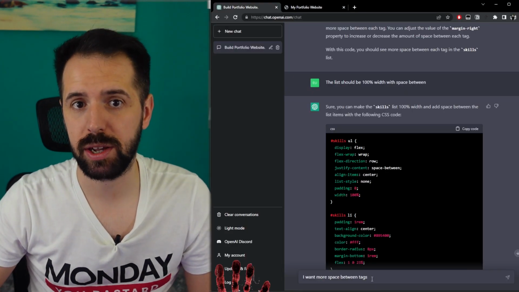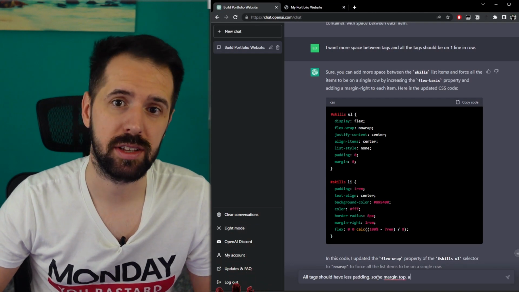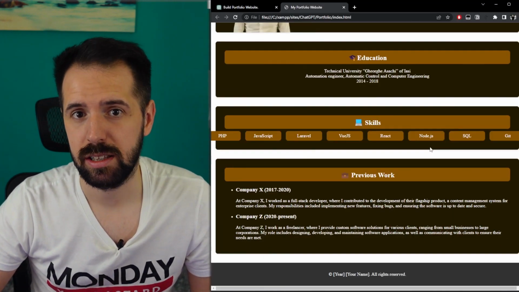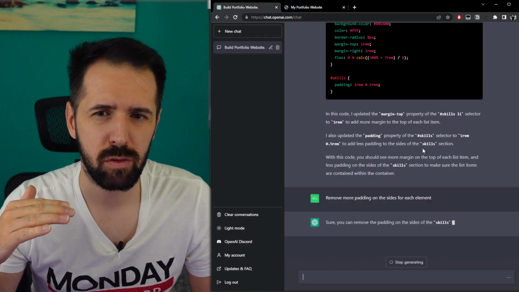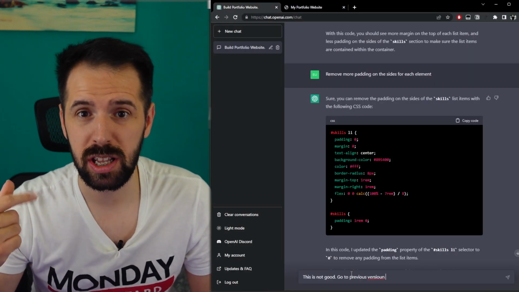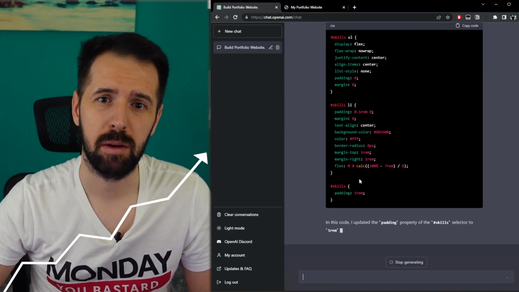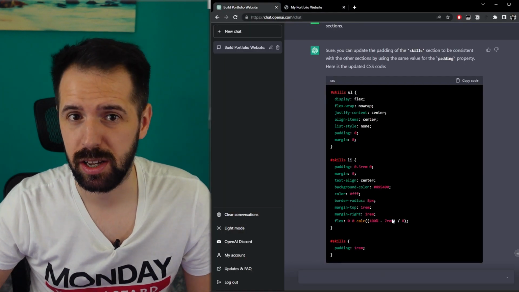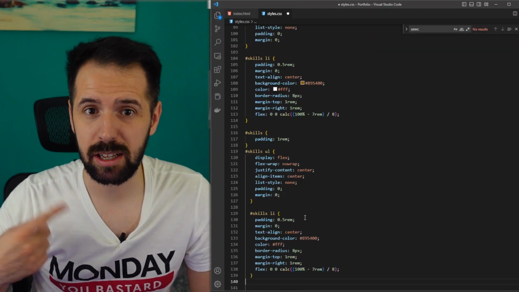One nice thing that I asked for at the end was a horror font and I got the code to import it and use it. This was a nice thing that I liked. The thing that was a nightmare was the skills section. I tried a lot of commands to make it look good. You know that moment when it's almost perfect but you want to go one extra mile, but that extra mile breaks everything. That was also my case. This was a point where I spent a lot of time till I got a good result.